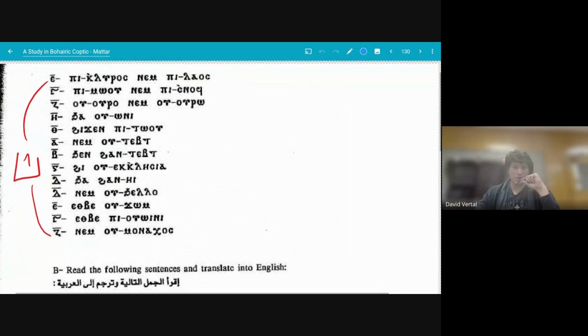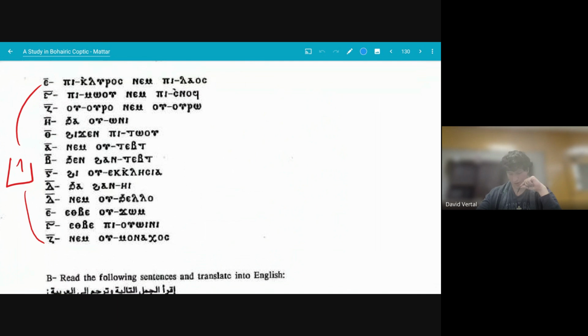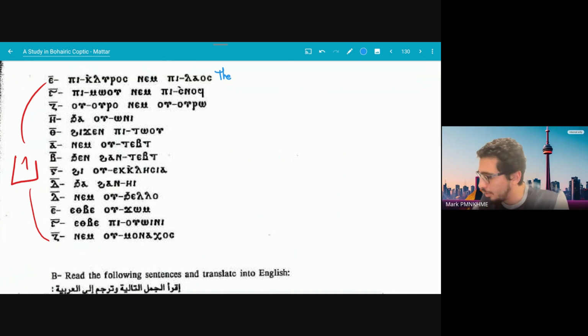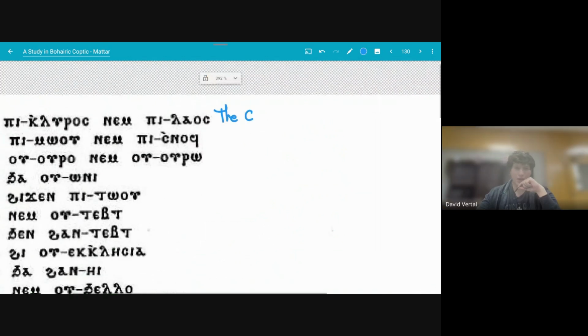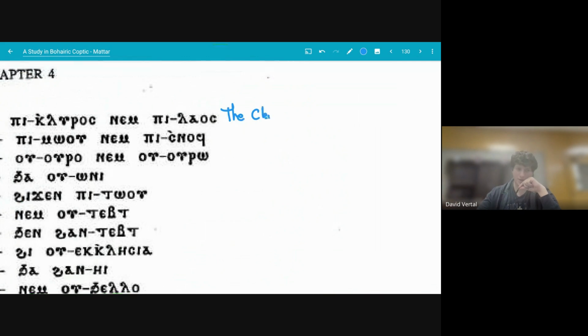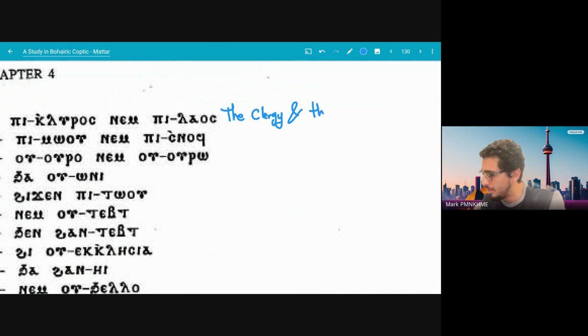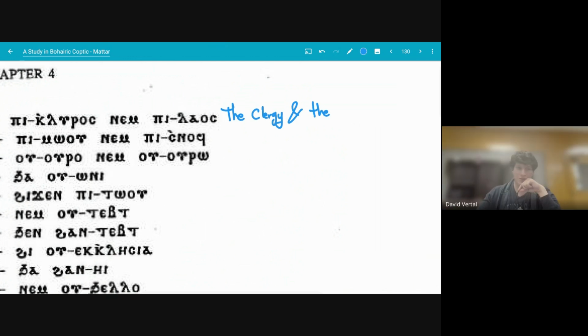Kleros nem pilaos. The cleric or priest and the people. Okay. I think in what I have seen, it's almost always used for clergy. I looked up Kleros, and you can only find it in Greek. Yes. But it's used a lot in Coptic. We say the kleros. It's maybe still used till now in Arabic. In terms of looking at stuff online, for Kleros, nothing pops up.